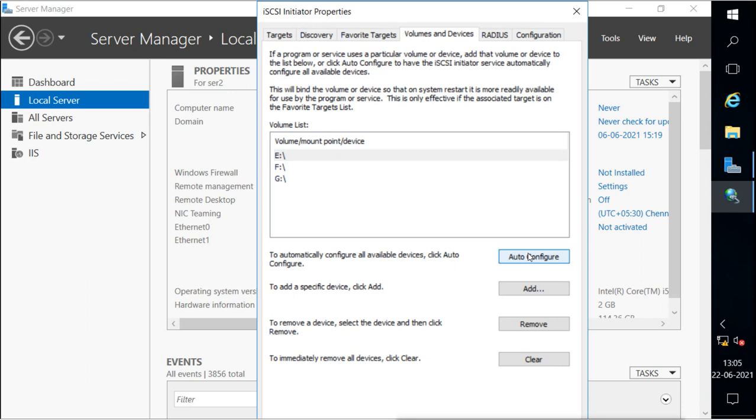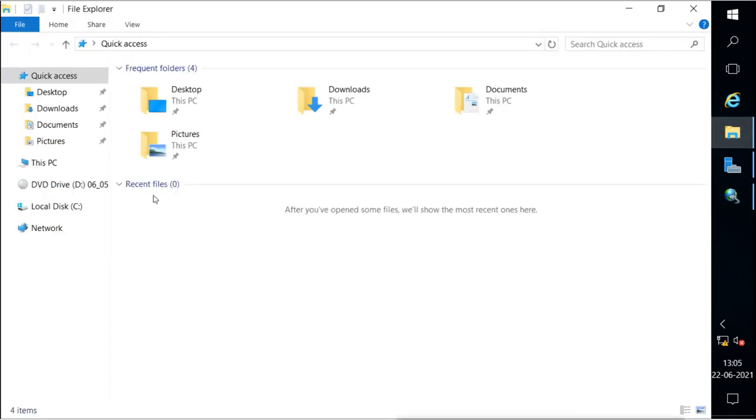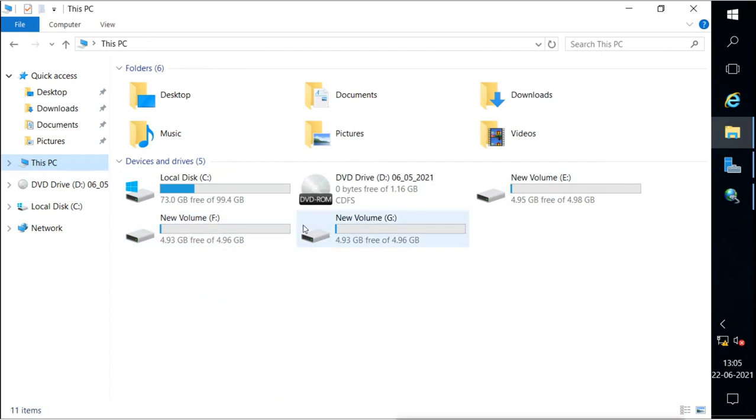Now when we click on auto configuration, it will show that these devices are now connected. As we can see, these drives are connected, and these drives are going to be used for these multipaths. We can see these are the drives E, F, G, which is the shared storage.